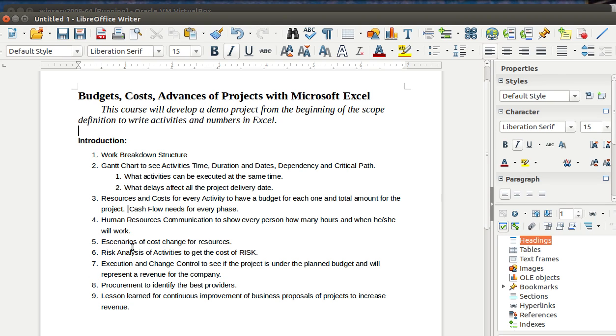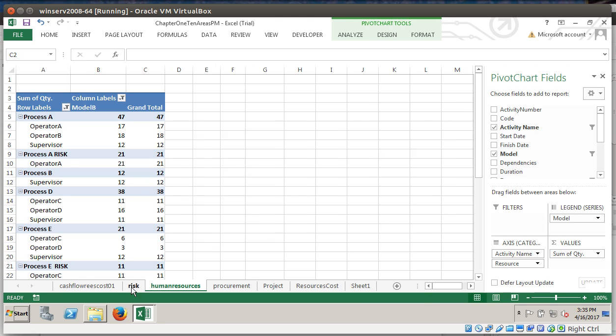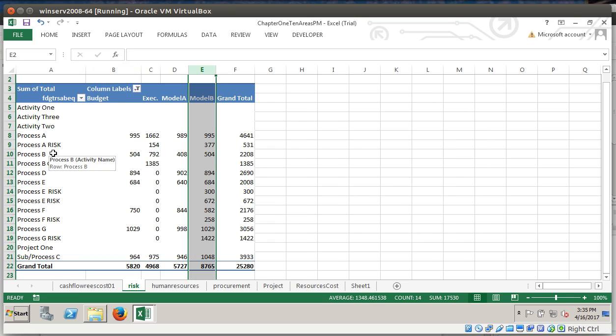work. Then we have scenarios of cost change for resources, a risk analysis of activities to get the cost of risk. So it will give several scenarios: this is the original budget where we are not defining risk, and here is the scenario of what happens if we have to execute activities for any risk that we have